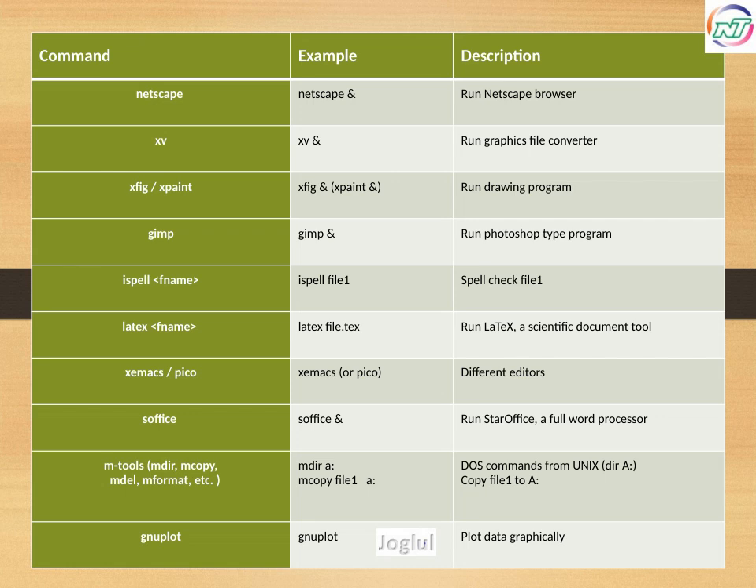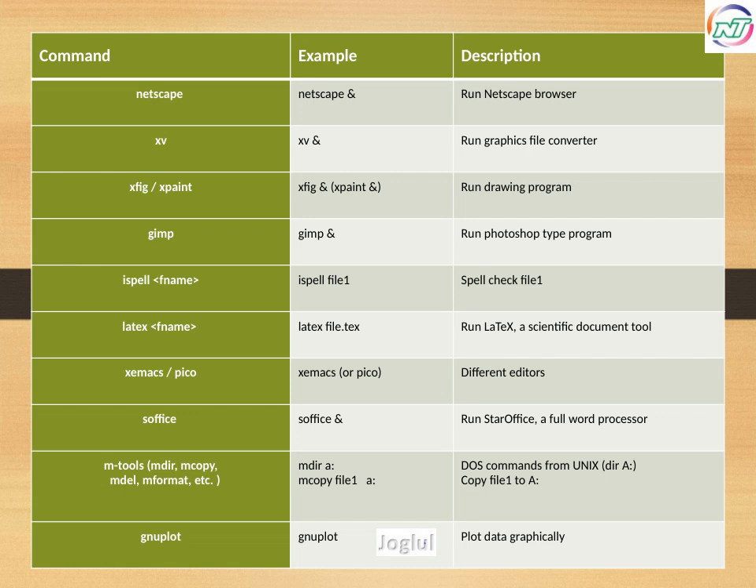If you need to create or modify drawings, Xfig or Xpaint are good options, while GIMP offers more advanced photo editing similar to Photoshop. For checking spelling in a document, ispell is straightforward and efficient. Scientific documents often require LaTeX, which you can run here to test your files. Editors like Xemacs or Pico allow you to edit files directly in the terminal, and Sophos launches a full word